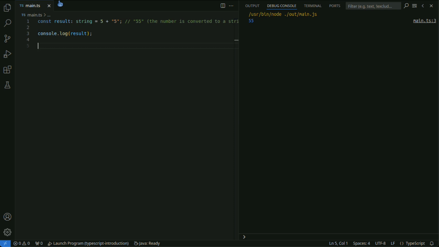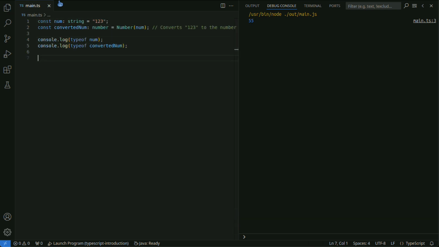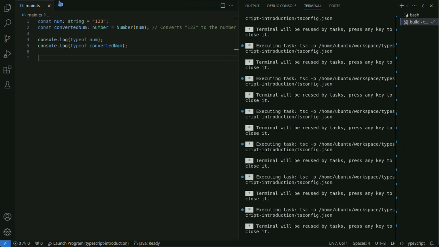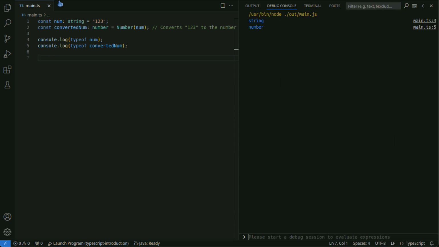Use type annotations or type conversion functions to safely perform type conversions. In this example, the Number function is used to explicitly convert the string "123" into the number 123.